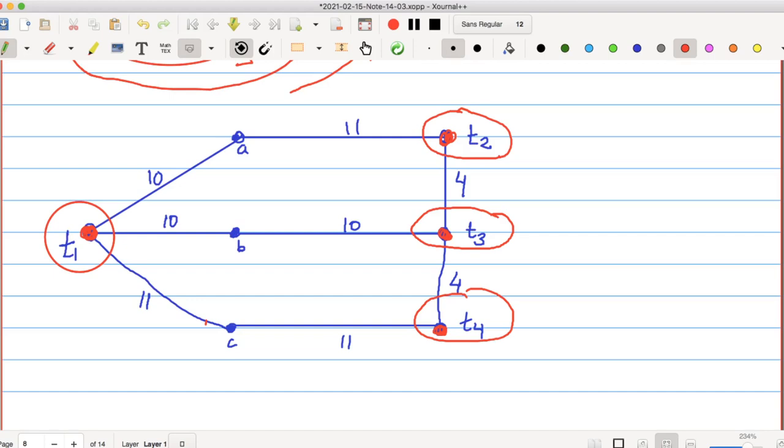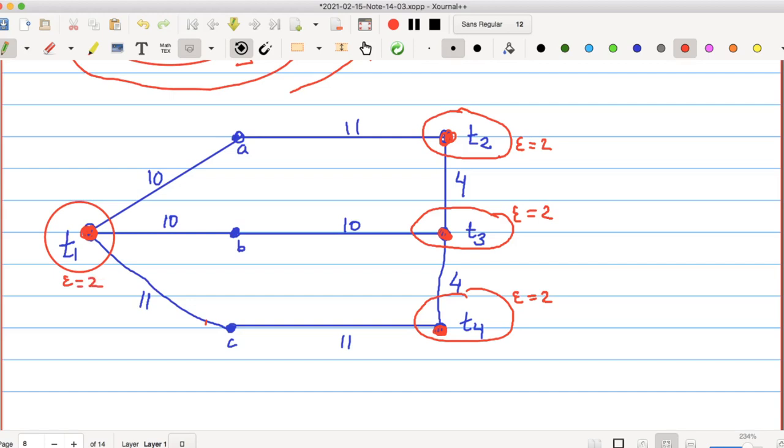If I want to increase all of them by epsilon, then the contribution for this edge T2, T3 will be 2 epsilon, right? So that means that I can take epsilon equal to 2. So I will increase all the dual variables by 2 simultaneously.